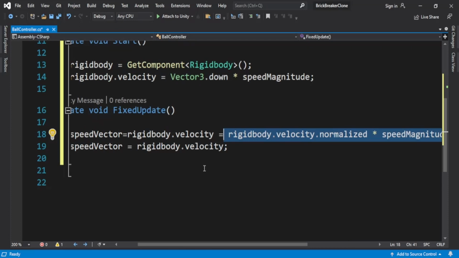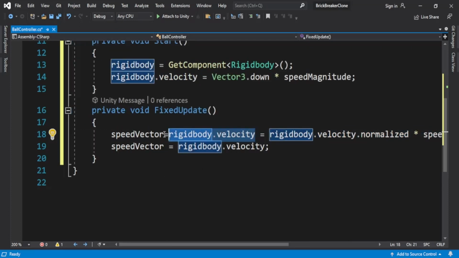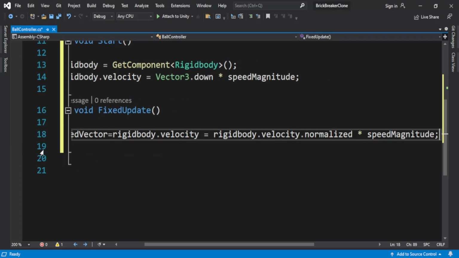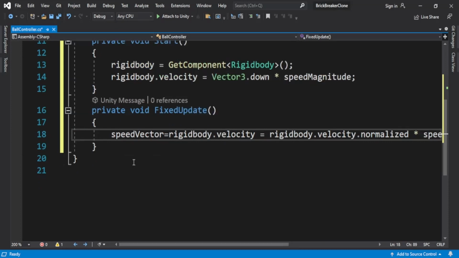This value is assigned to this value, and this value will be assigned to this value right here. Still the same thing, right? We don't necessarily need this thing. So whatever. Now that I have the speed vector,